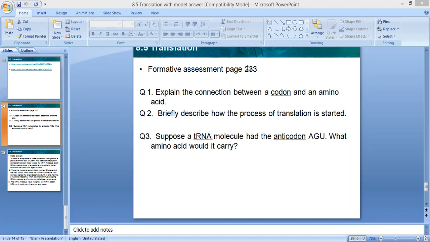بيجي عنده first tRNA molecule which have the anticodon for the starting codon. Okay, and this complex signals the large ribosome subunits to start its job اللي هو binding الامينو acid.